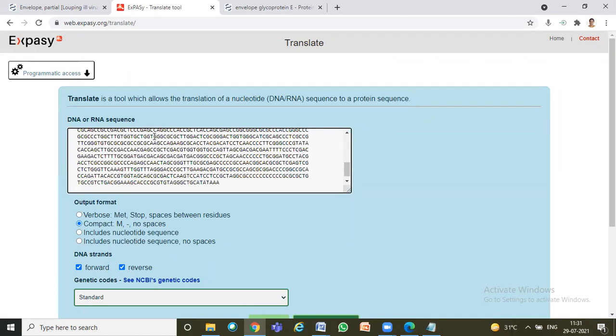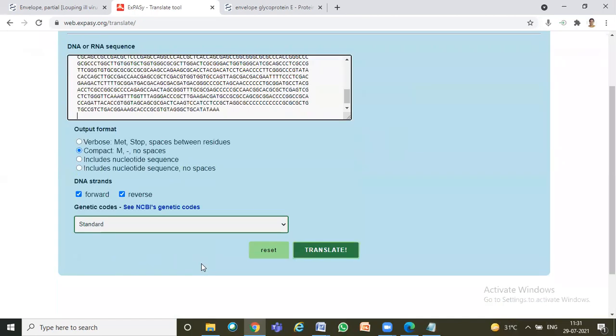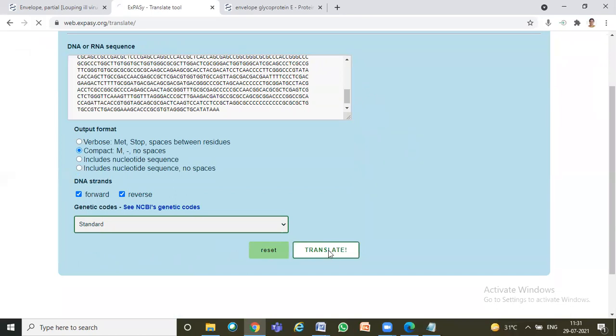In TrEMBL, all the genome sequences will be dumped. So automatically these tools will be like extensions. Nowadays you are hearing many extensions, right? So these tools will be extensions. So automatically they use these extensions and they deposit in the TrEMBL. EMBL to TrEMBL means translated sequences will give rise to your amino acid sequences. So what is it that you have to do? You have to do the